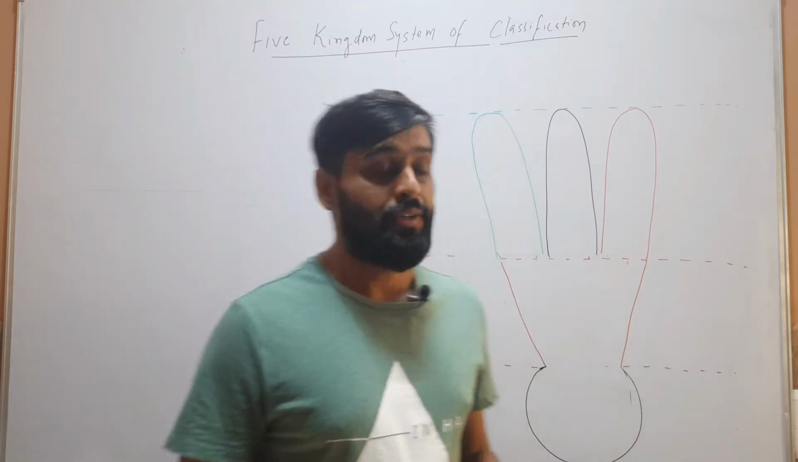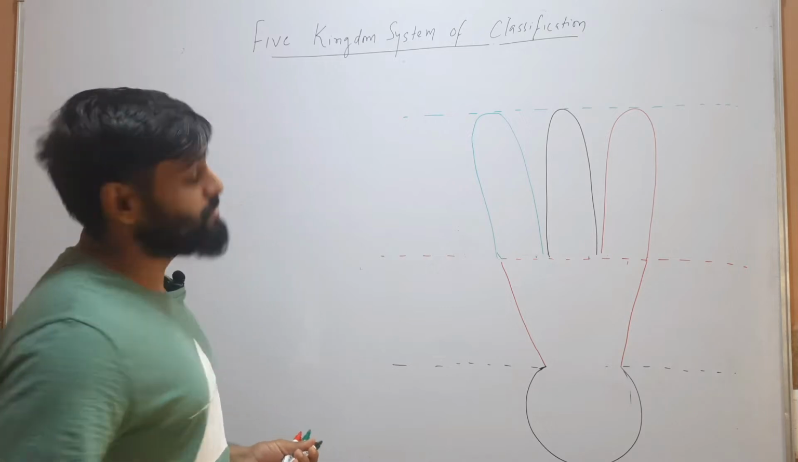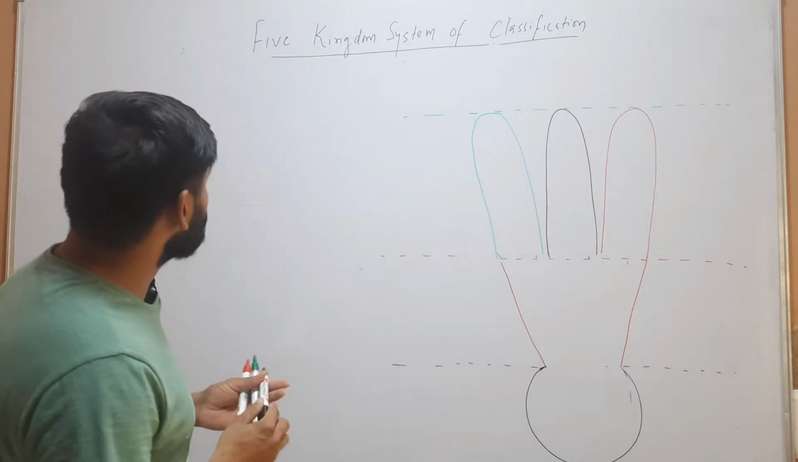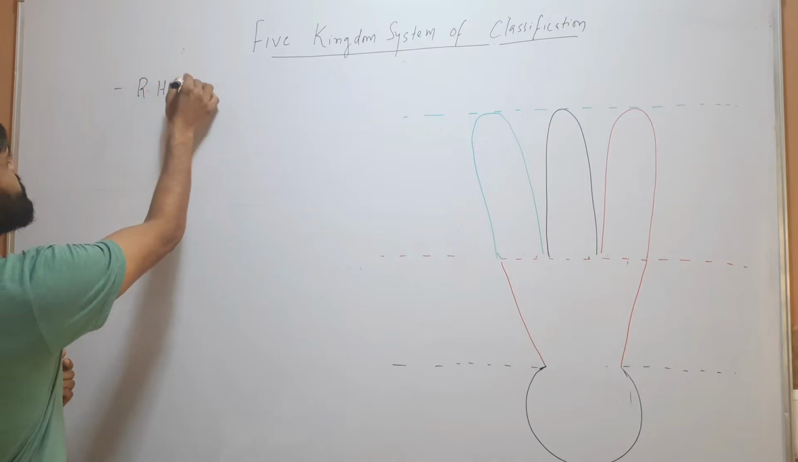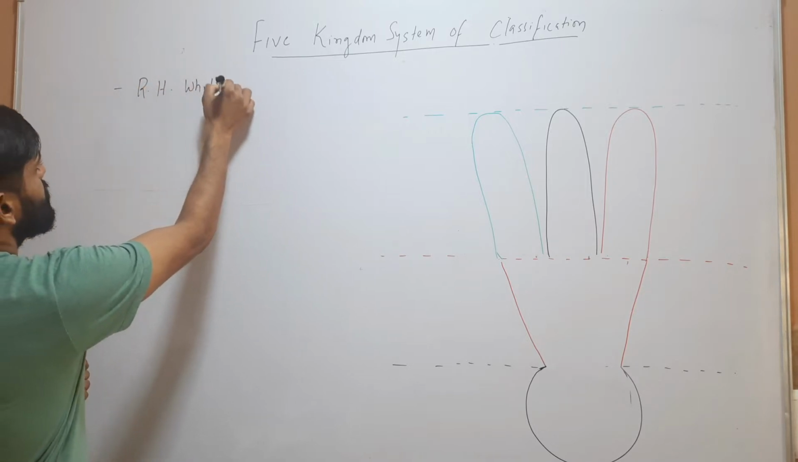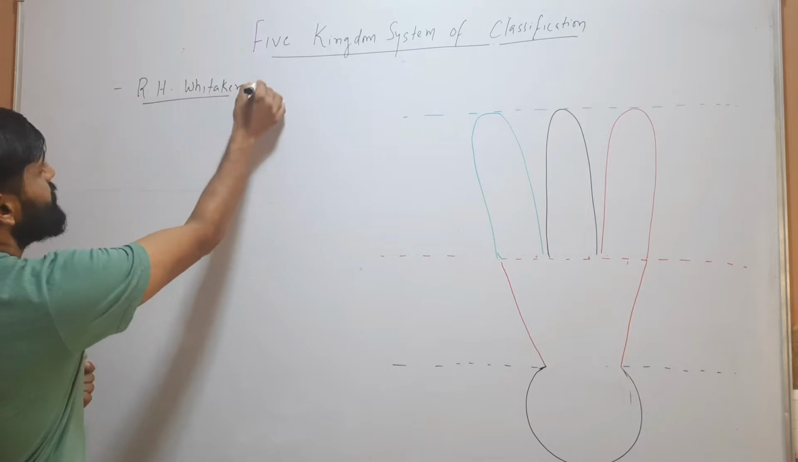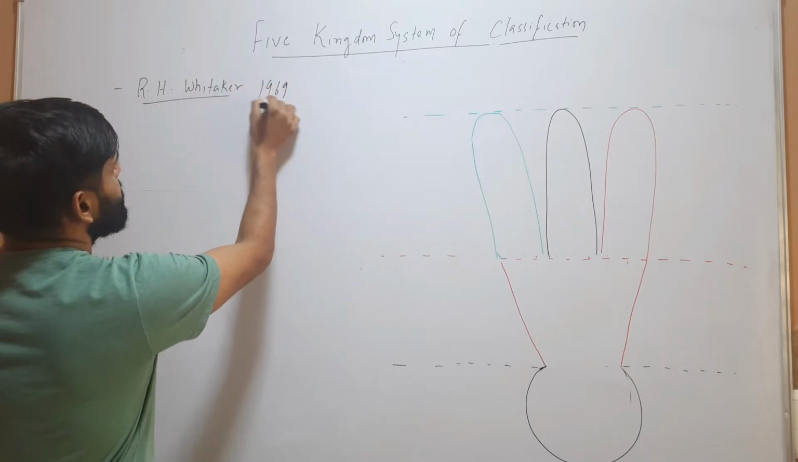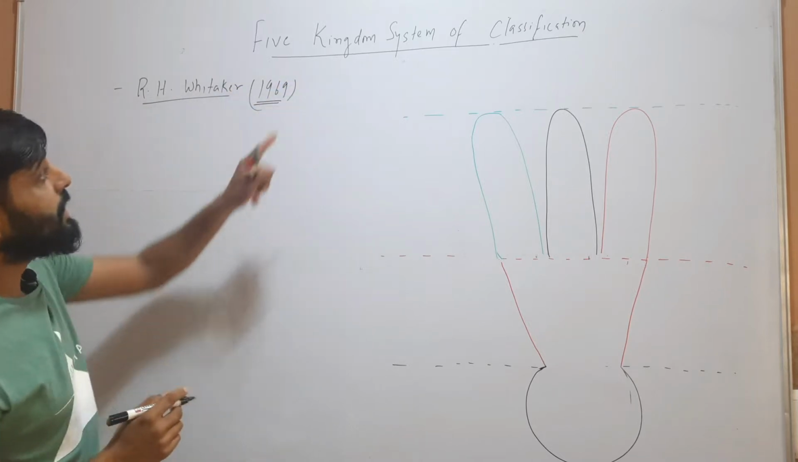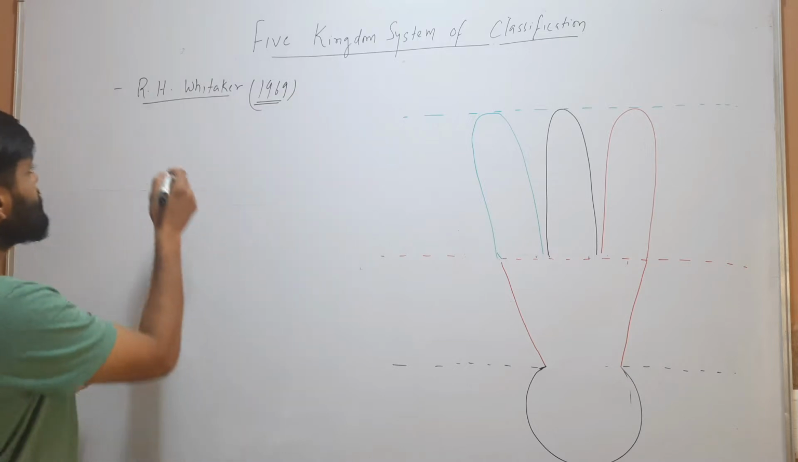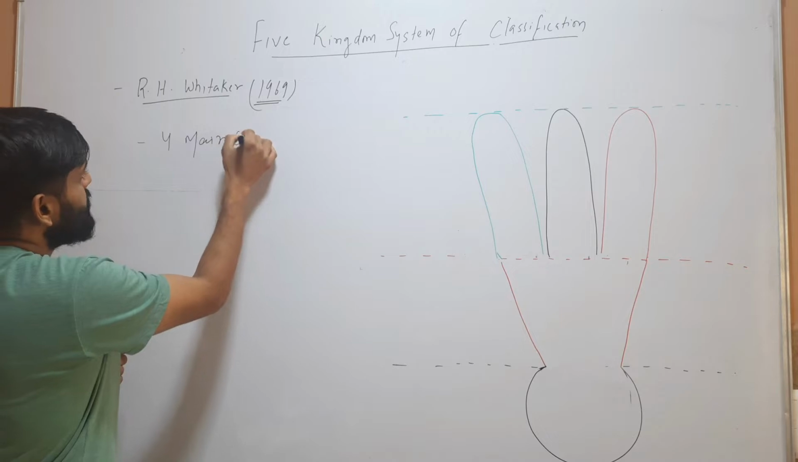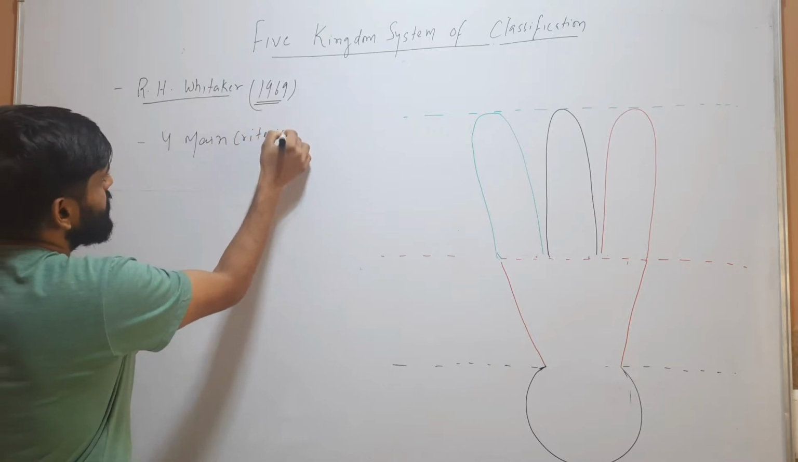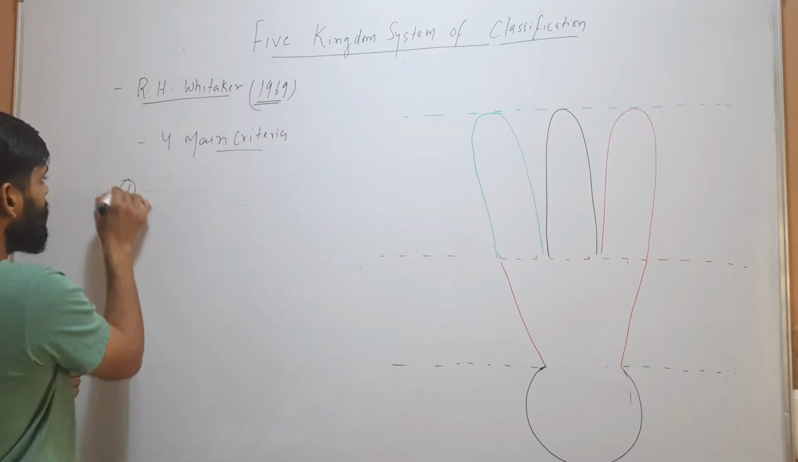In this video, we will discuss the 5 kingdom system of classification. This classification was given by R.H. Whittaker in 1969. He gave this classification on the basis of 4 main criteria. First one was